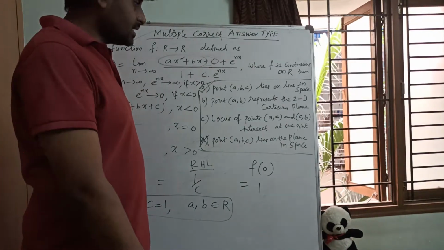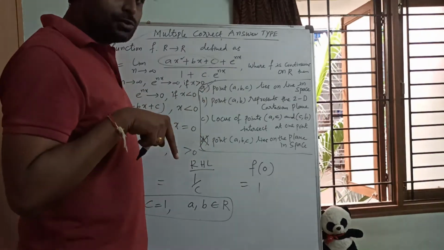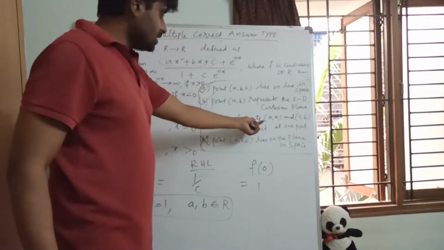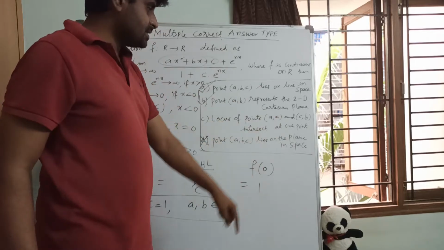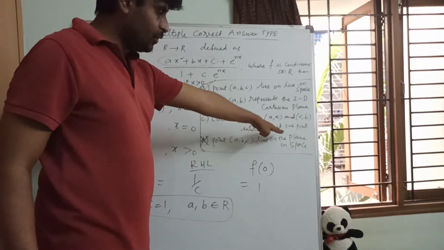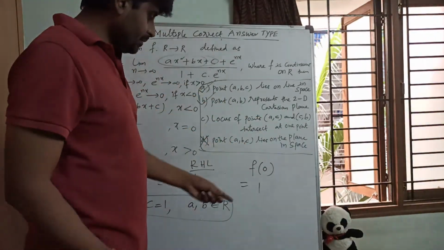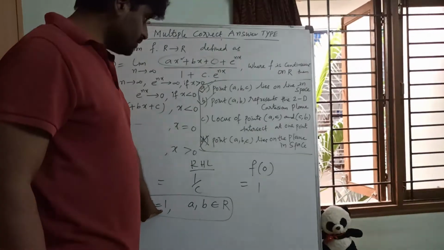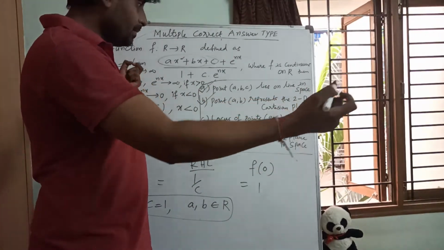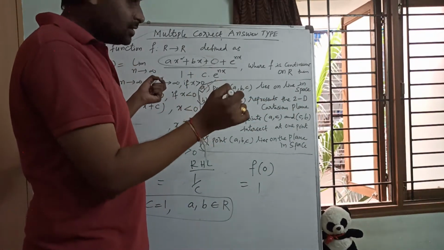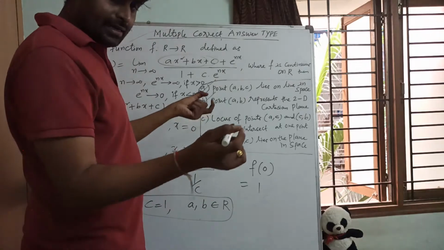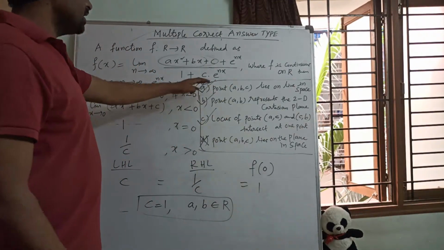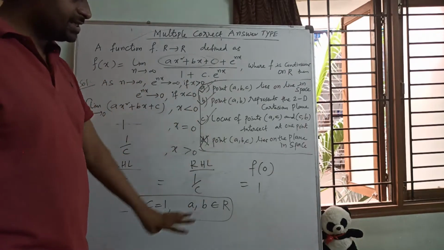Generally we discuss the straight lines concept in two-dimensional geometry, correct? So here the locus of points A comma C and C comma B intersect at one point. Obviously A comma C and C comma B both are coinciding at C equal to 1. A comma B may be any real numbers, but C is common for that. So those both points can intersect at that point C. So here options A, B, C are correct. Option D is not correct.